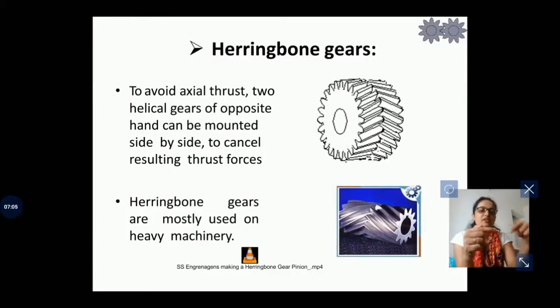Now let me first clear one thing, that is the type of helical gear. It is according to the hands of helical gear. Hands of helical gear means the position of teeth of helical gear. Here we have the figure, and when the axis of the gear is in horizontal position and the teeth are going downwards towards the left, then it is called left-handed helix. And when the teeth of the gear go downward towards the right, it is right-handed helix.